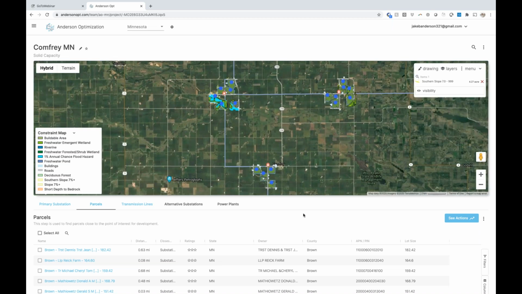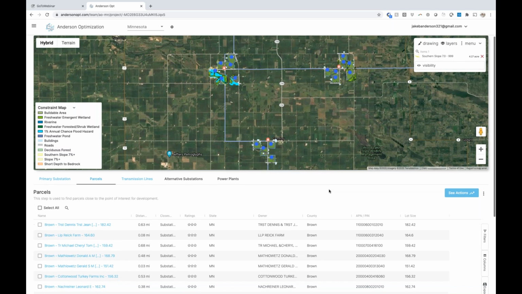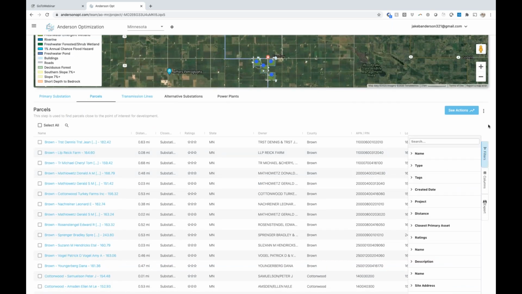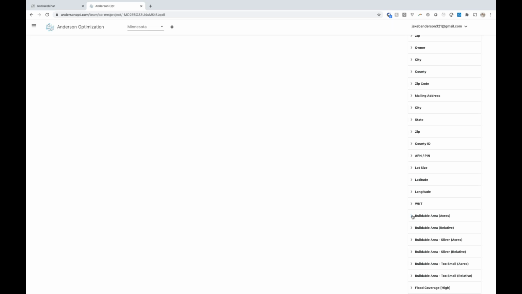But from here, okay, well now we need to actually filter and find the sites that we like the best. For 17, I could probably eyeball this and just go one by one, but this was 100 or 150, which is frankly very common among our user base. We need to sift through this data quickly. So we just come down to our filter section and we say, okay, I only want to see parcels, for example, where my buildable area is, let's say, greater than